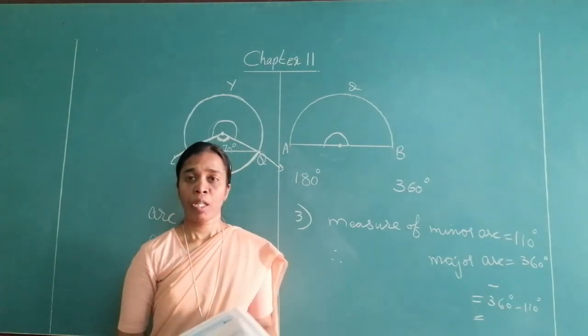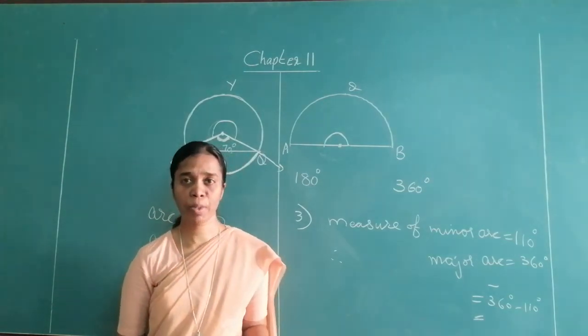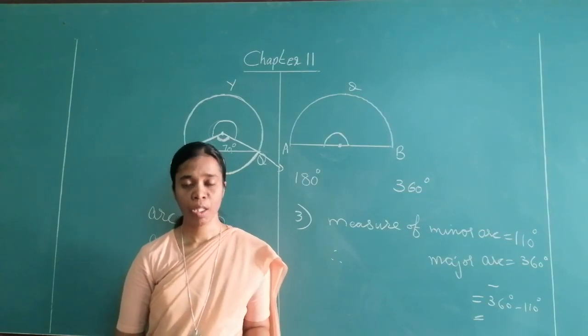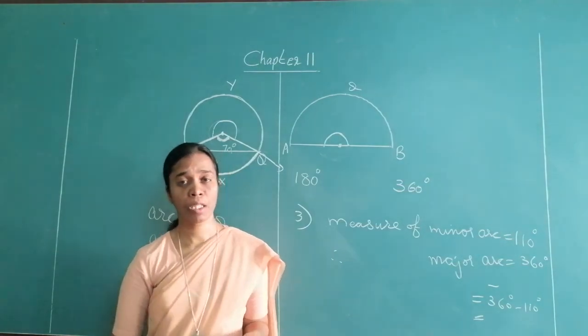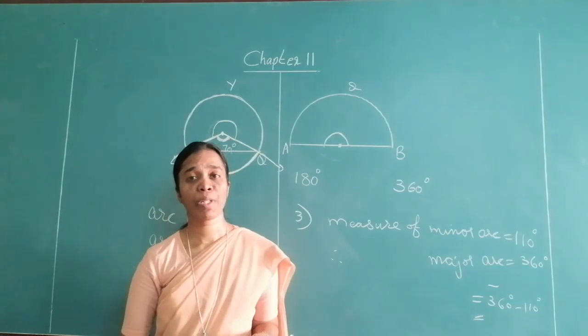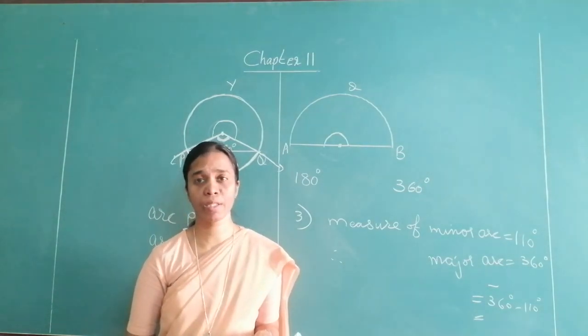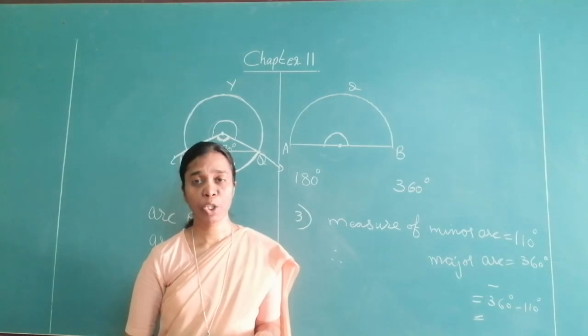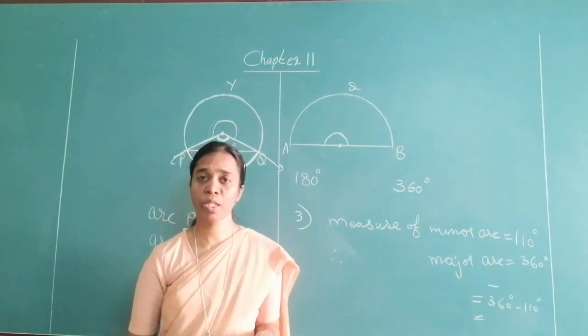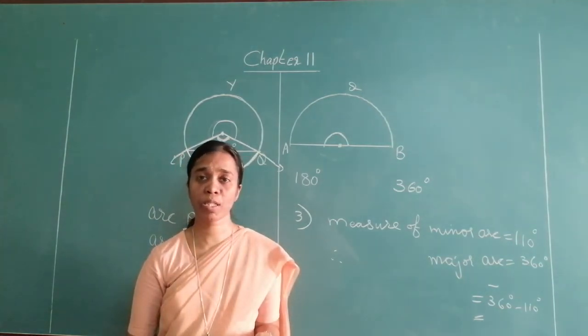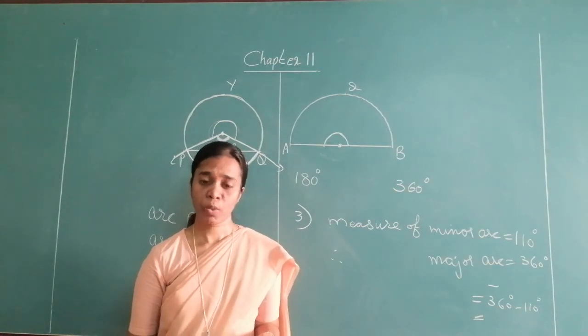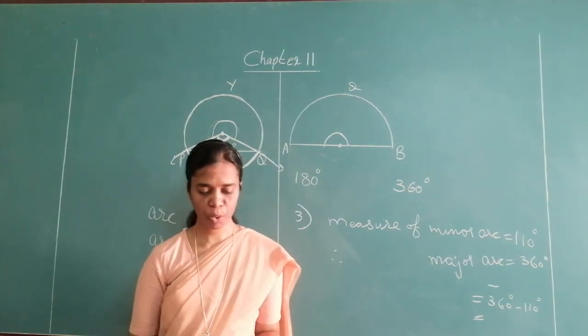Okay. With this the chapter is over. In this chapter on circles, you have what is a minor arc, a major arc, what is the measure of minor and major arcs, what is a central angle, what is the measure of a circle, what is the measure of a semicircular arc and what is a semicircular arc. Okay, these are the only few things that you have in this chapter.